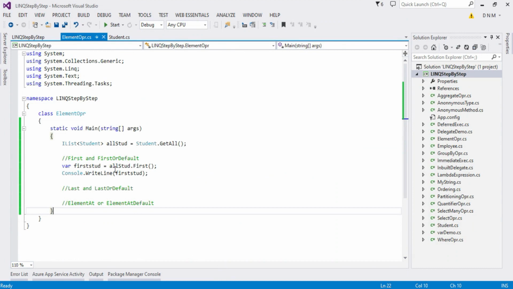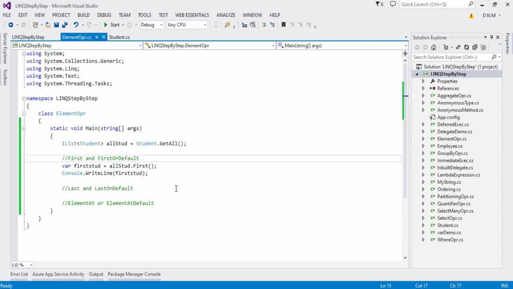Now what does first or default do? What is the purpose of first or default? Basically, first and first or default both return the first element in the collection. But if your collection is empty, the first operator generates an exception, whereas first or default handles the exception.